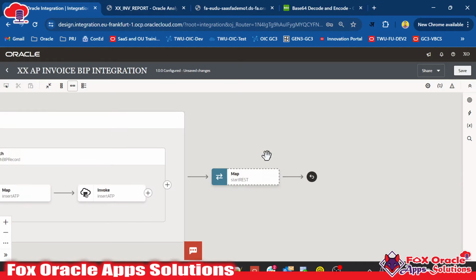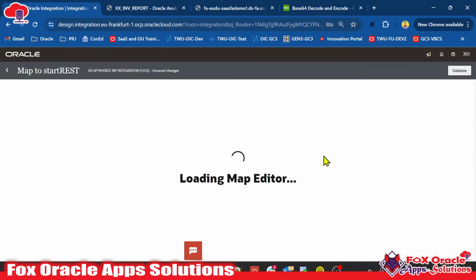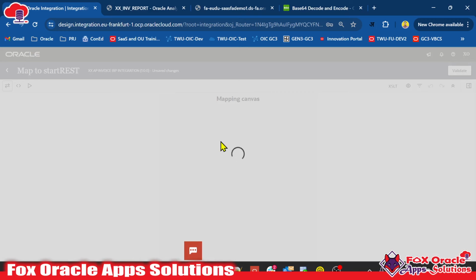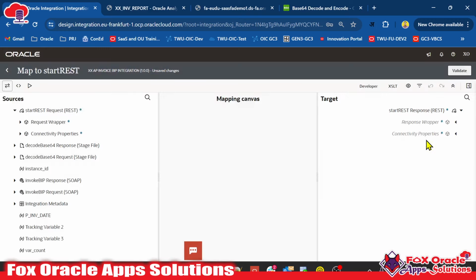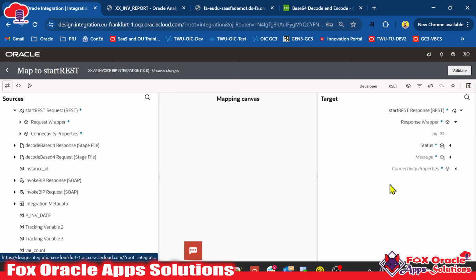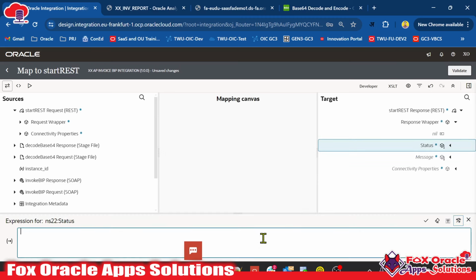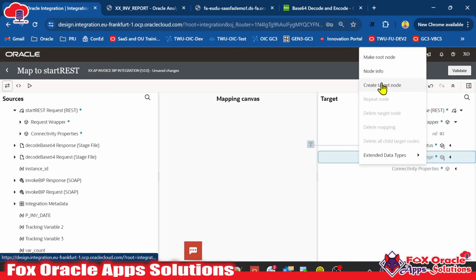Now here we have to map in the mapper. Click here. As of now I am just going to map the success, and in the next part we will create exception handling where we will map the logic for both success and error. So in the status, create target node and book the value as success, and in the message